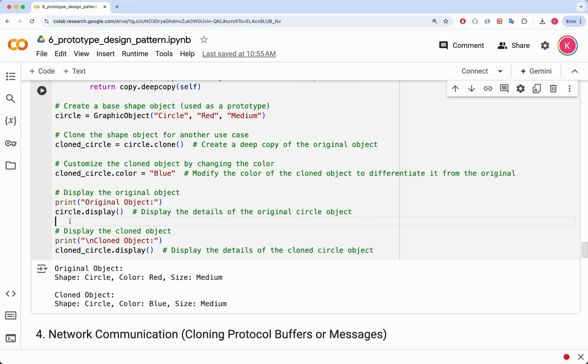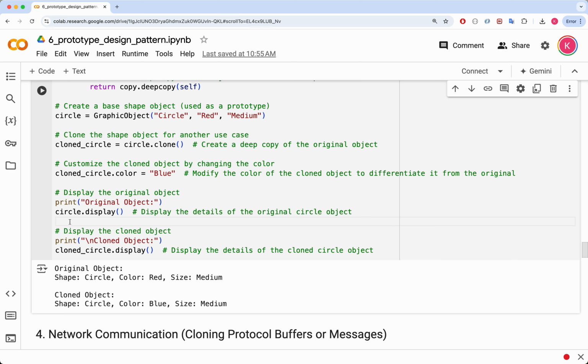their shape and size. This pattern is ideal when working with graphical objects in scenarios such as graphic design applications or gaming, where many similar objects like shapes or game entities need to be generated quickly and efficiently. The prototype pattern enables this by using a template prototype that can be cloned and modified as needed, saving time